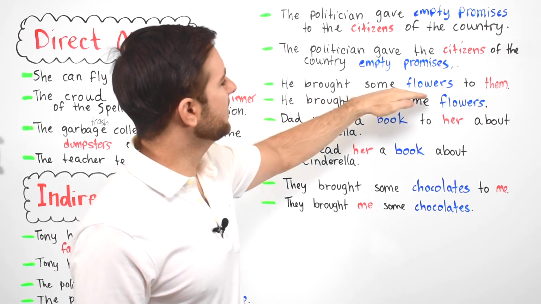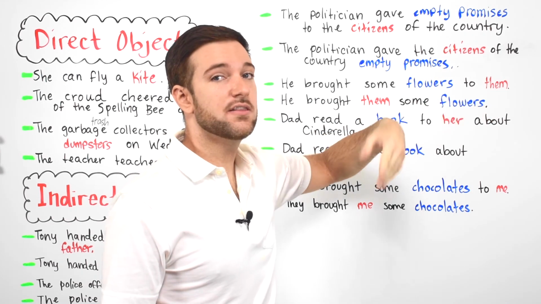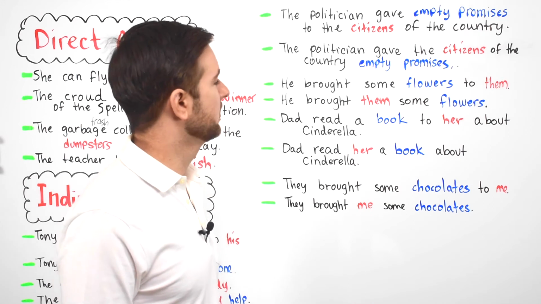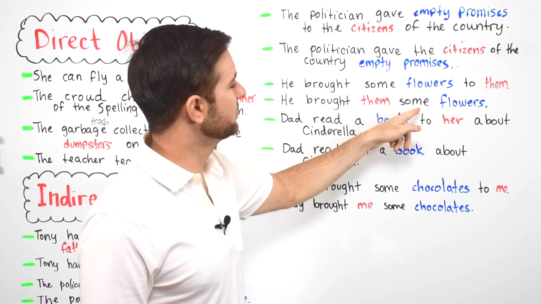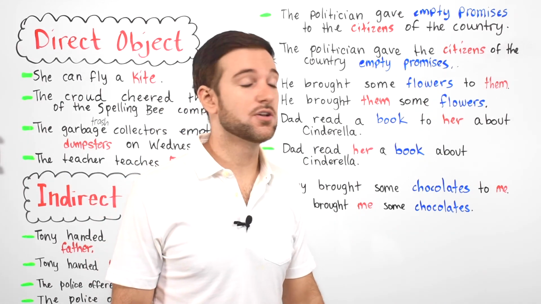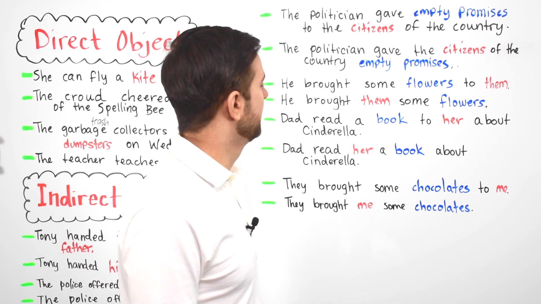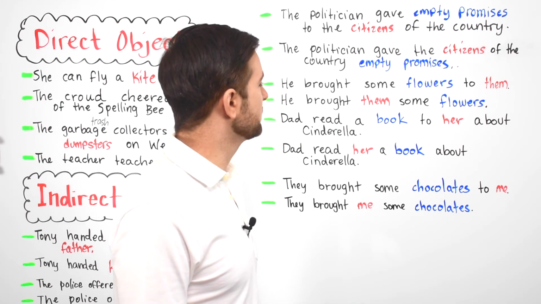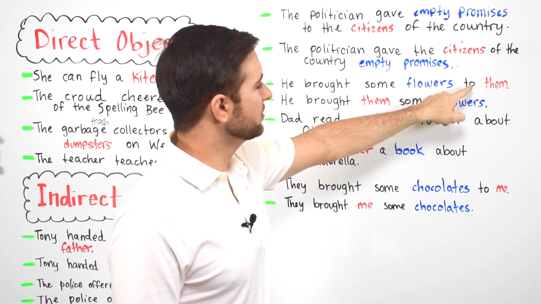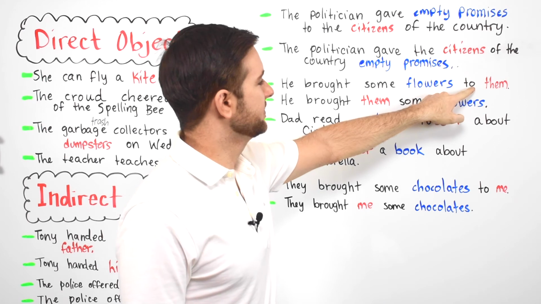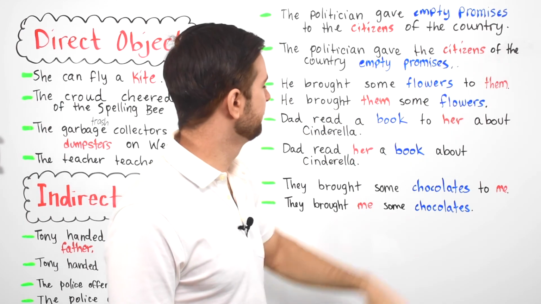He brought some flowers to them. Ooh, look, we have them. Remember, we're referring to they as people, multiple people. He brought some flowers to them versus he brought them some flowers. Okay, so them is a pronoun. Them is a pronoun. They're the people that are receiving the direct object, which in this case are the flowers. Notice we have the word to, because the to transfers the flowers to them, okay, to the people, but we